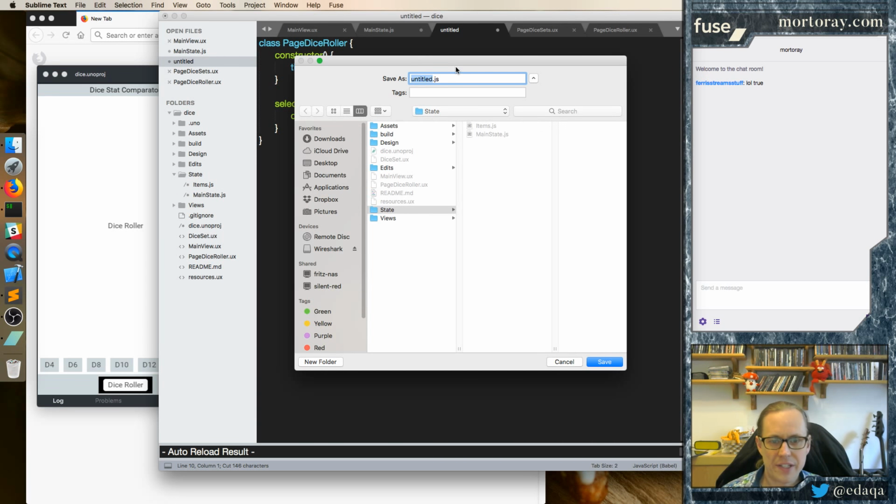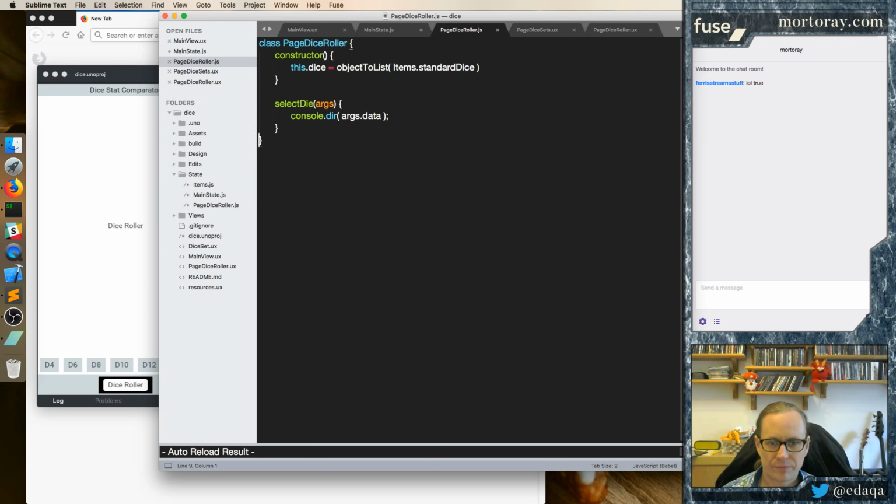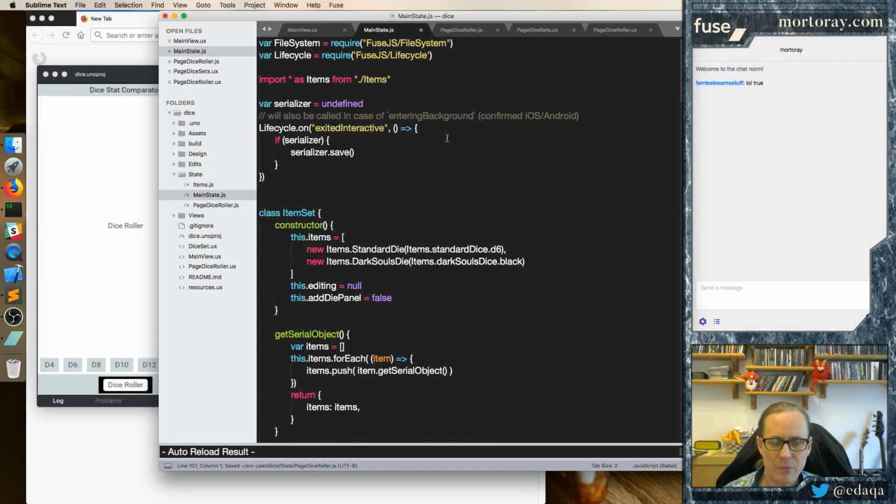We're going to put this in state, and we're going to say page dice roller. This is actually a view, but I'll just call it page dice roller. And export class page dice roller. I'm wondering if this should be the default. Let's just say it's the default to make it easy to use. And in the main state, then we have